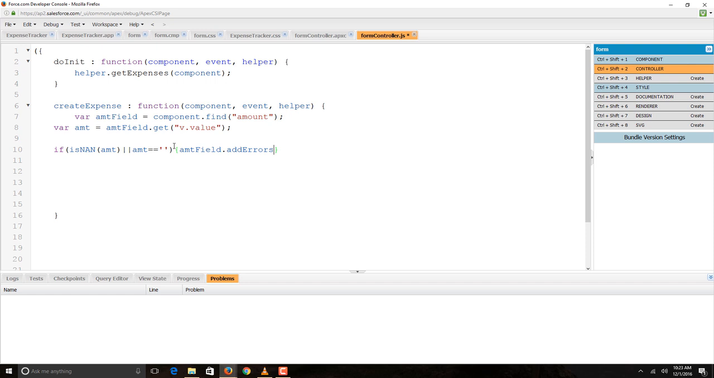So amtField.addErrors, v.value, comma, and then the message. You can show any message which you want. The message should be please enter amount. So we need to show the message that please enter amount. Here is the bracket, and this bracket is for the if. Else,